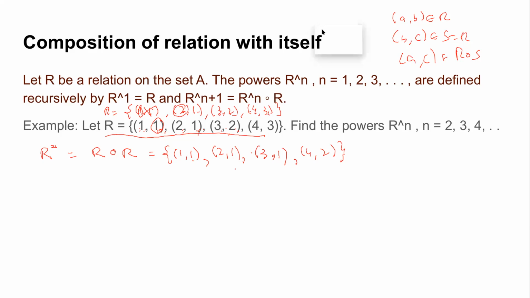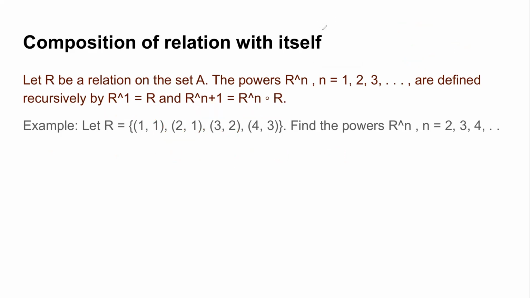Okay, so how do you find relations? There are multiple ways by which we can do it. Let me do it using an arrow diagram maybe. So I have, say, 1 2 3 4, 1 2 3 4, 1 2 3 4. So I have 1, 1, I have 2, 1, I have 3, 2, and I have 4, 3.